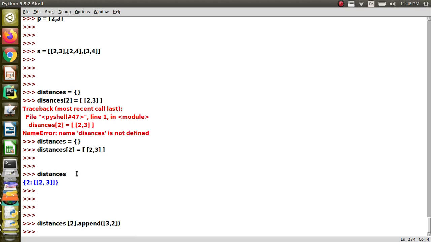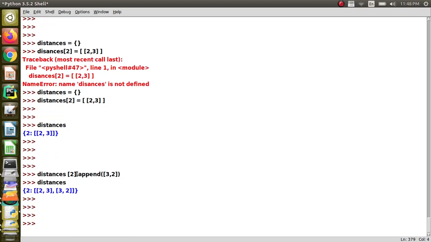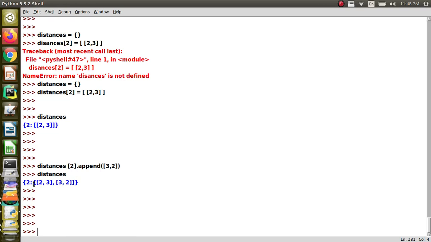Now if I am going to print the distances, you will see that it is having 2 points. So the point that you should understand here is two things, very clear. We are going to represent each point as a list with 2 elements. The 0th index will be the x coordinate and first index will be the y coordinate. And then set of points are going to be represented as list of points. So obviously it will be list of list.